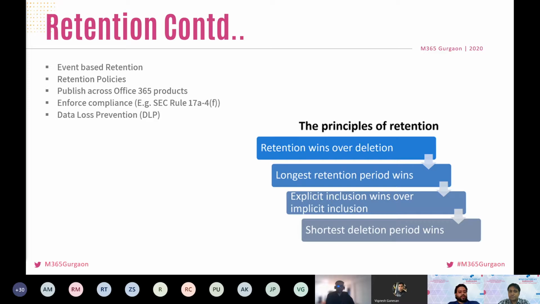Policies can contain some prioritized rules, and there are some key characteristics like where, when, and how: where to protect content, when to protect content, and how to protect content.